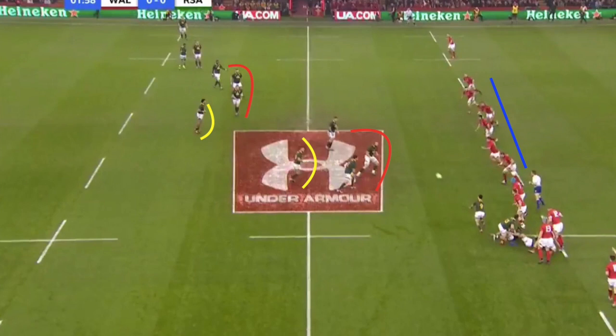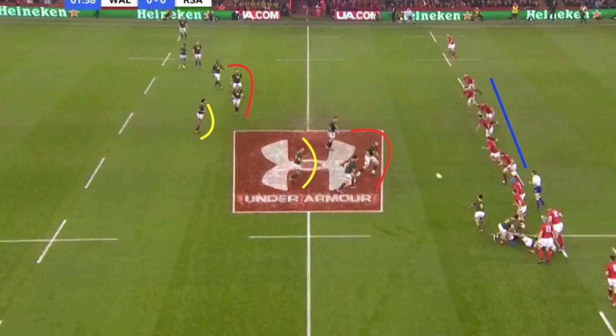So the 1-3-3-1, each number represents a forward or a pod of forwards spread out across the field. There's one forward in each 15-meter channel, and they typically stay in those 15-meter channels. On the interior of the field, we have two pods of three. And if you look at the slide here, we have one pod of three off the 9 in